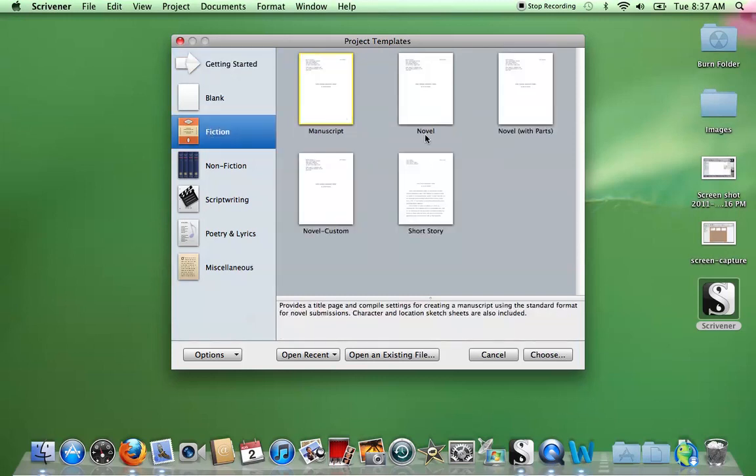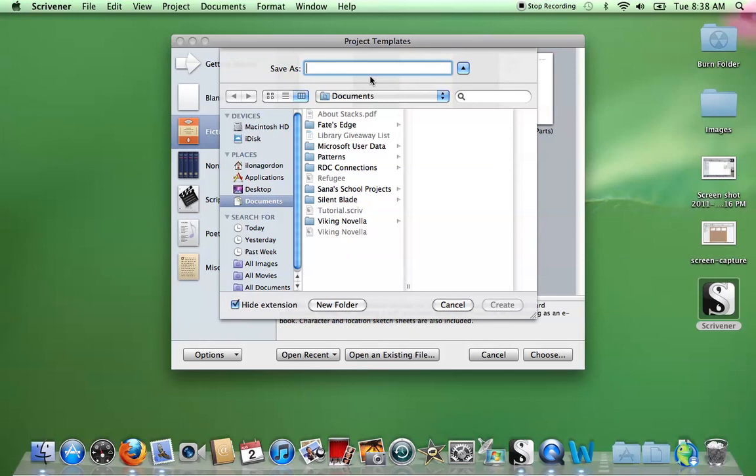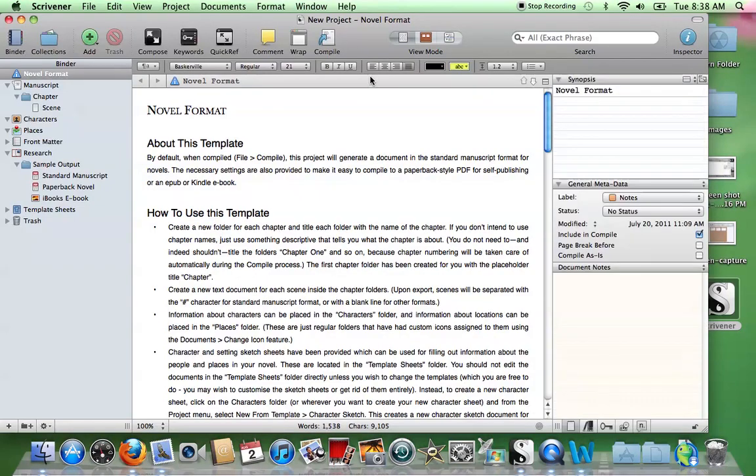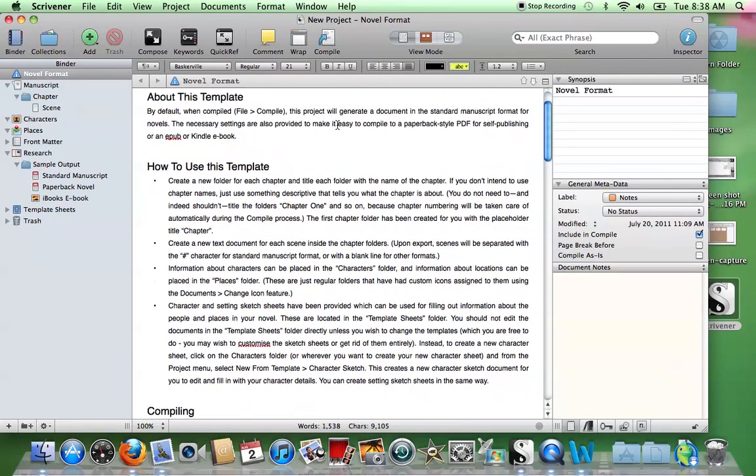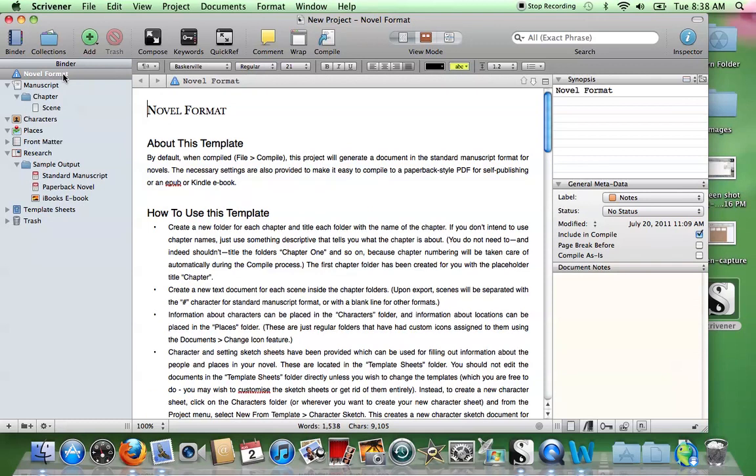Fiction. This is a novel template. I'm going to modify it to make it look the way I want it to look. So novel, new project. Okay, this gives us a little tutorial. And the binder, this is by the way where the tutorial is, the binder shows us the structure of the whole